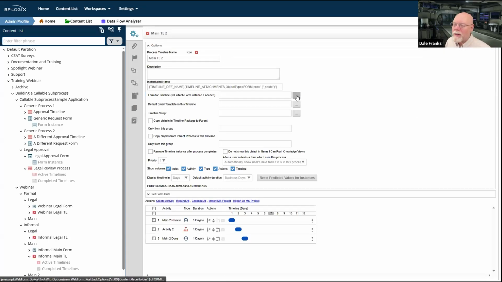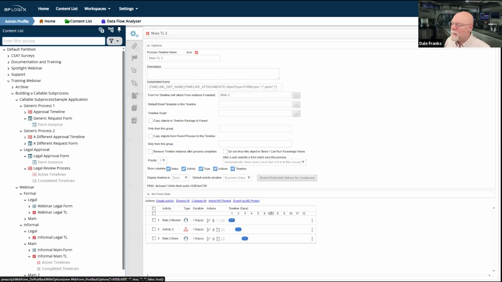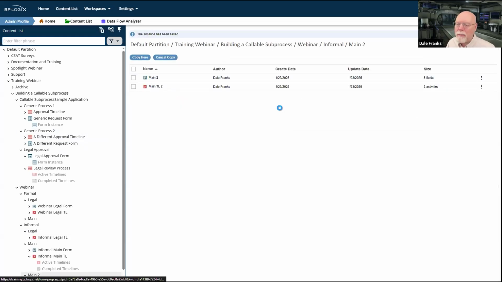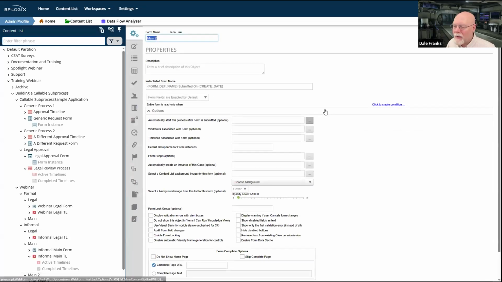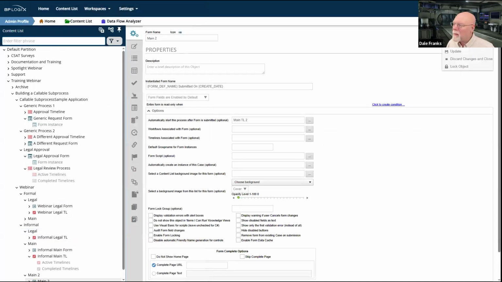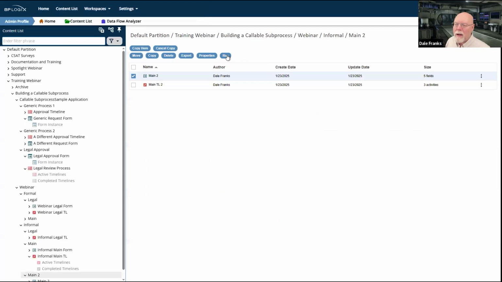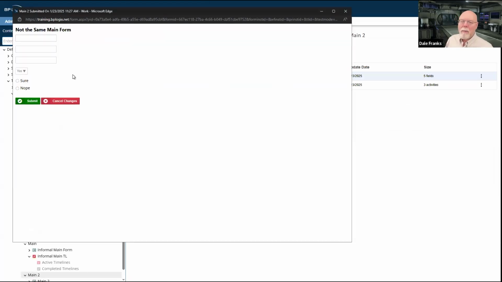So we'll set that. So we're good there. We are going to set our form for timeline, as we should, to main 2. And we are going to go to main 2. Eventually. And we are going to start our main 2 timeline the way that we're supposed to. And so now we can run main 2.